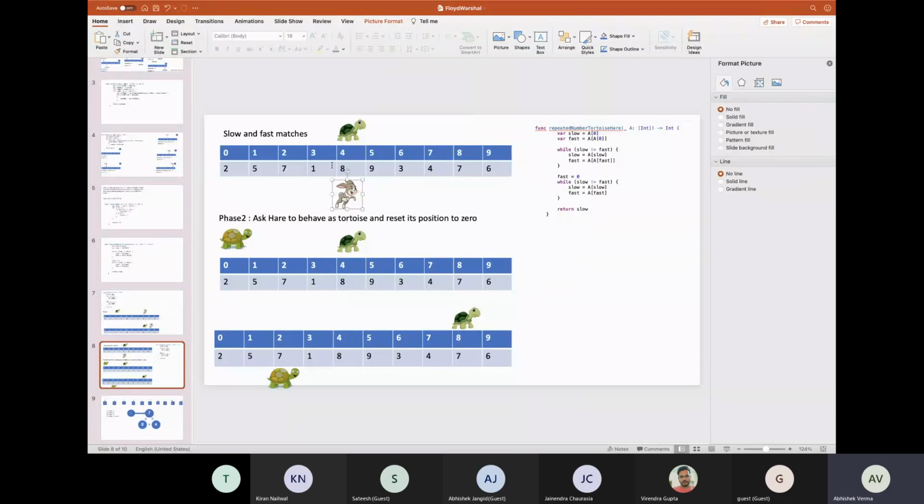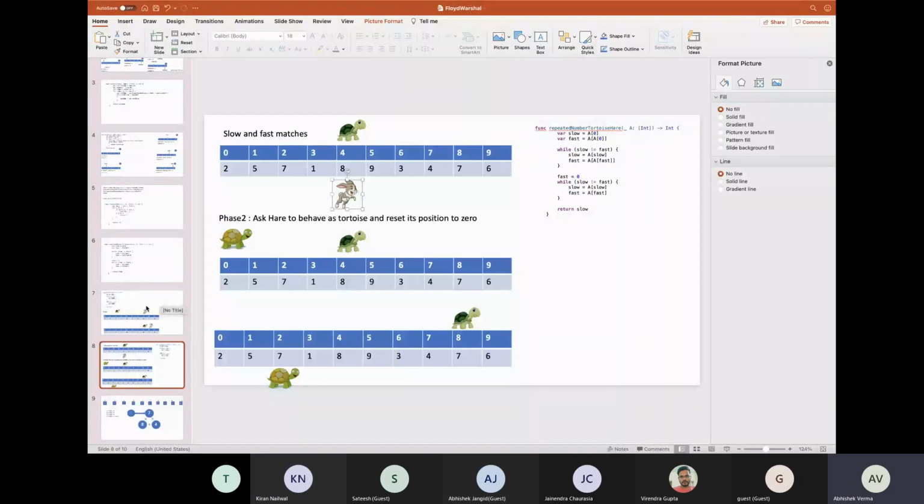Is this clear, or is there any doubt in this logic up to the first part? How we are moving our slow and fast pointers till now? Is this clear, or should I explain again? Clear.